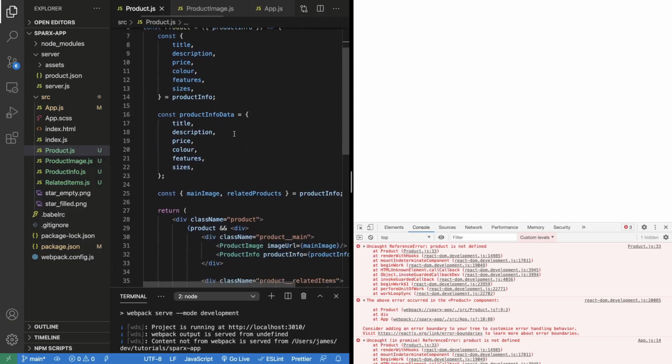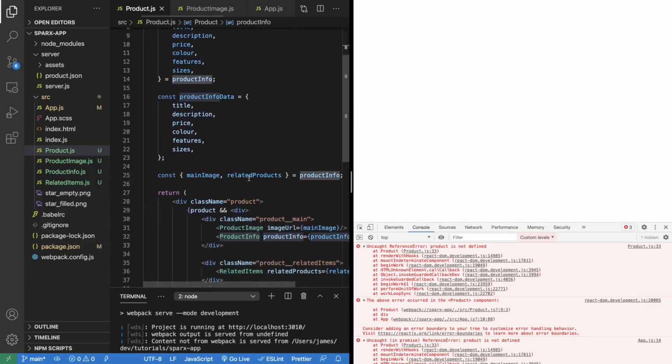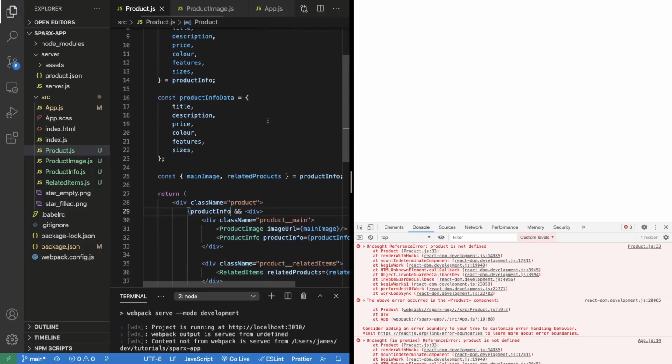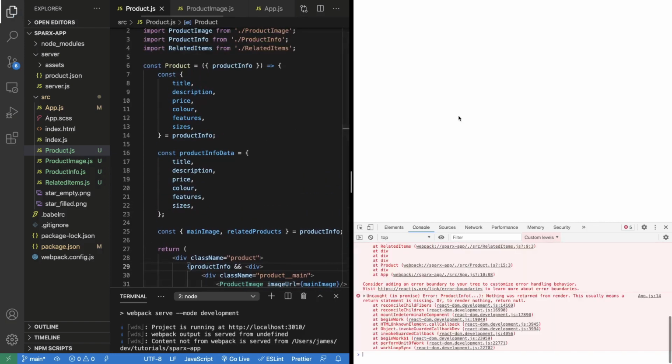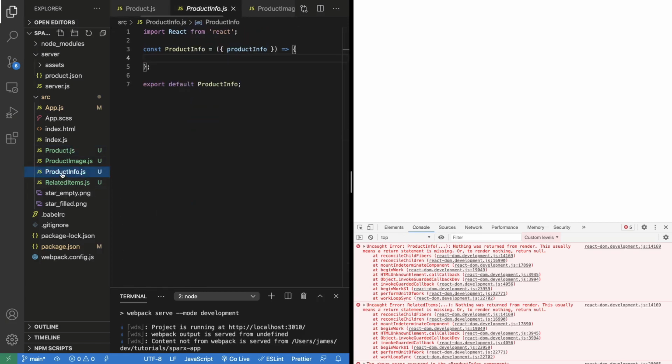I think also I've made a conditional thing here for product, but it's actually product info is the variable name. So let's save that and let's try refreshing the page. Okay, so it's saying there's another error there for product info. Okay, so nothing was returned from render. Okay, so yeah, we haven't actually filled anything out here yet, so maybe let's just put a little bit of